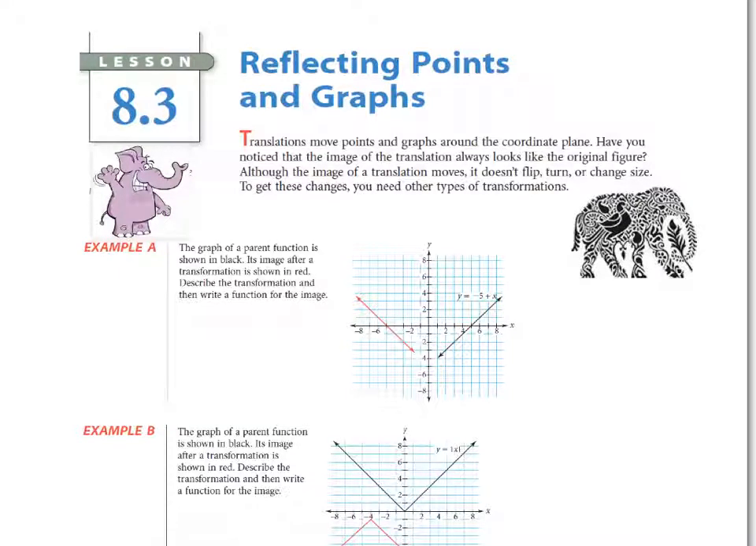Now in 8.3 we're going to look at reflecting points and graphs, but first we're just going to look at reflecting graphs. And the rule of thumb for reflecting the graph of a function is if you make the x-coordinate negative, it flips you over